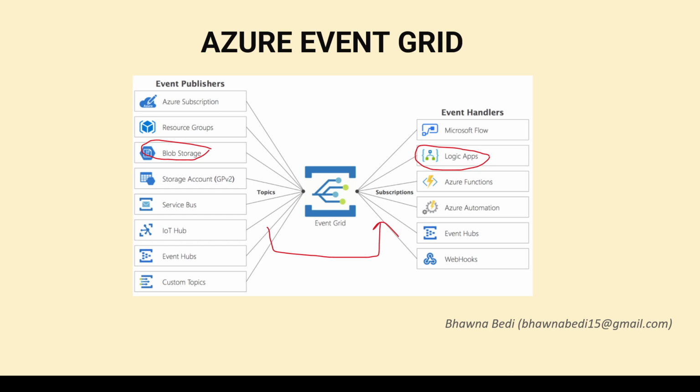The example we are going to pick up today is a blob storage. If any file arrives in blob storage, or a blob gets created, that will be an event for us. Based on that event, the Logic App should trigger. This is our flow, and in between what you see over here are topics, event grids and subscriptions. We are going to use a built-in connector of Azure Event Grid inside Logic App, so in that case we do not have to create any topics and subscriptions.